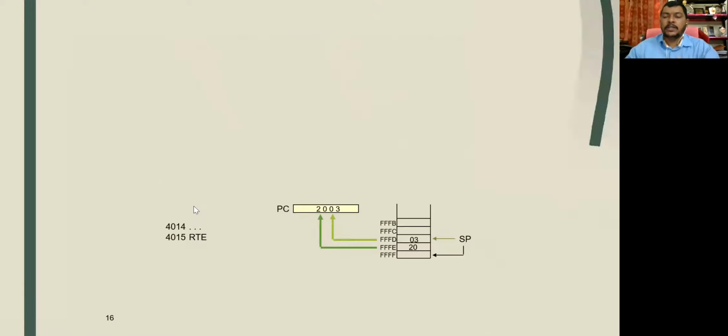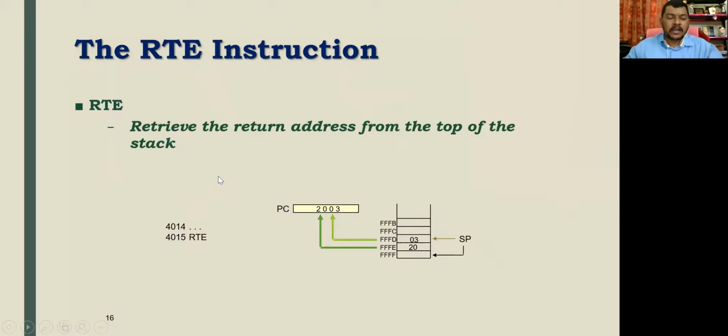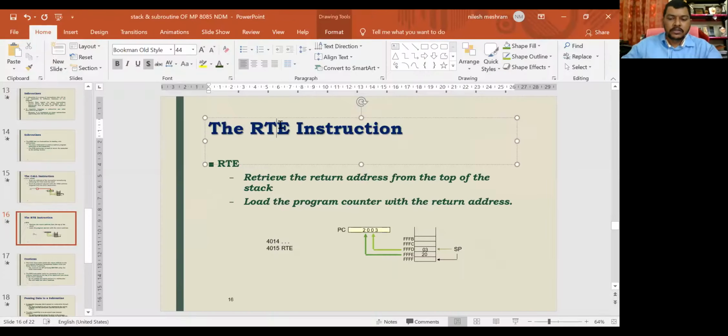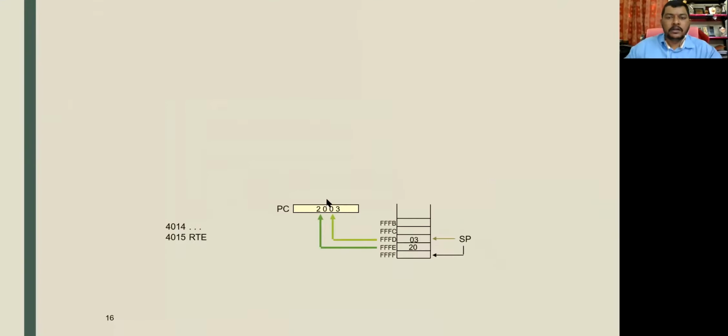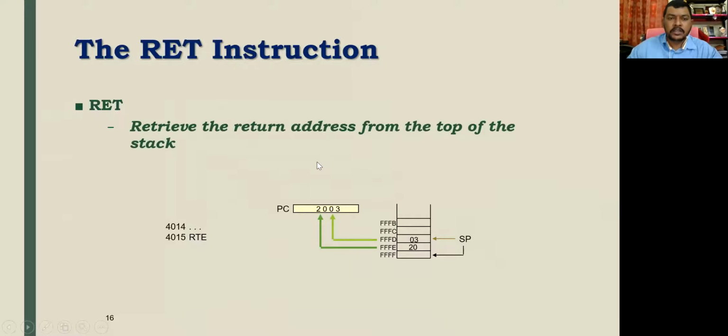तो जैसे ये आ जाएगा तो प्रोग्राम काउंटर will directly switch over there. And what the return instruction does, return, this is not RTE, let me correct this, this is wrong. So this must be RET. So this is that instruction which we call the return instruction, RET. So the return instruction is to retrieve the return address from the top of the stack.